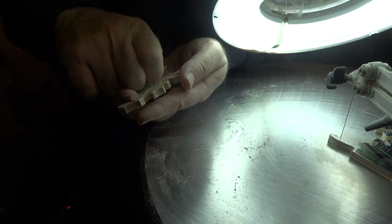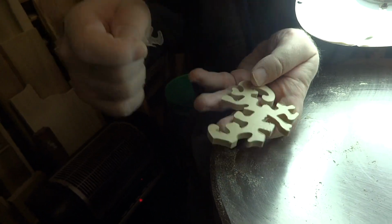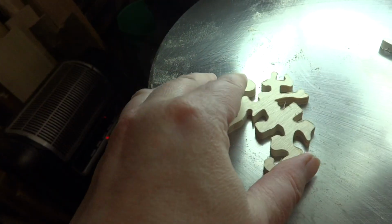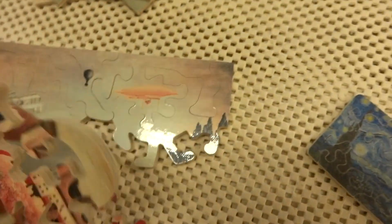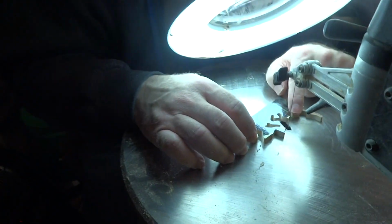See, look, 3 or 4 pieces to peel off. Tape is like in one piece. This is an old one. I've had that sitting around for a while. I don't remember what the name of the art was. I like this piece here,